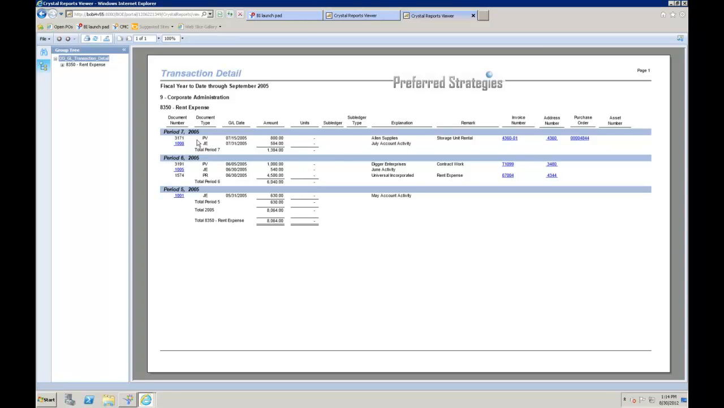So now all the transactions for that time period roll up. I can see that $1,394 for the quarter. And here I've got $800 to Allen Supplies for a storage unit rental. Maybe I want to go look at the AP invoice on that. Has the check been cut yet for that? What was the discount available? So if I click on that AP invoice,